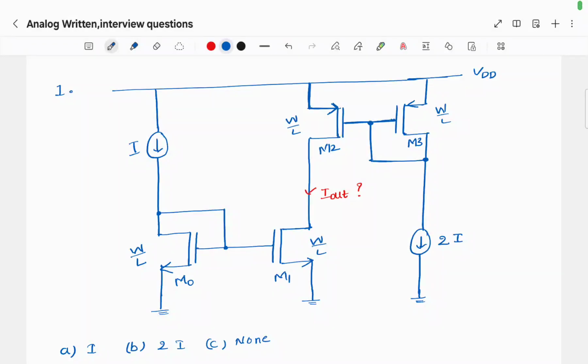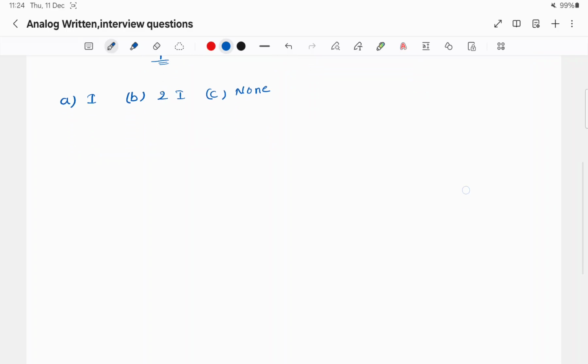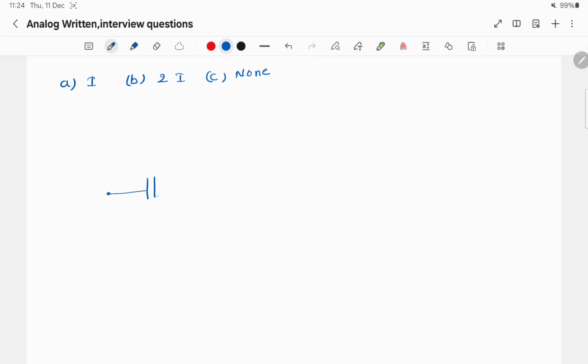In this video we will look at an interesting problem based on current mirrors. Before looking into this problem, we'll have a look at the regions of a MOSFET. When will a MOSFET be in saturation region and triode region? If we take a single NMOS transistor,